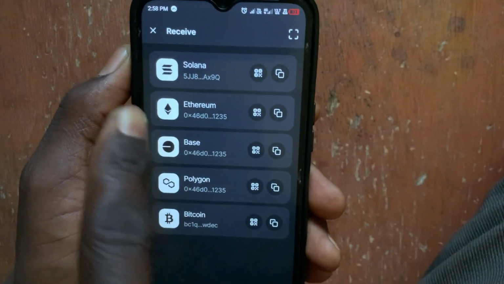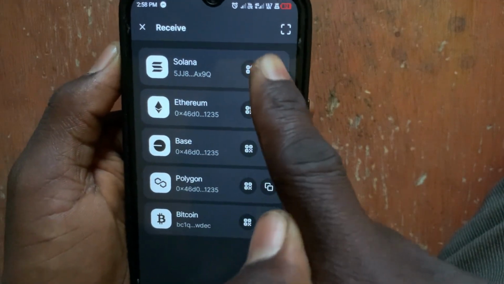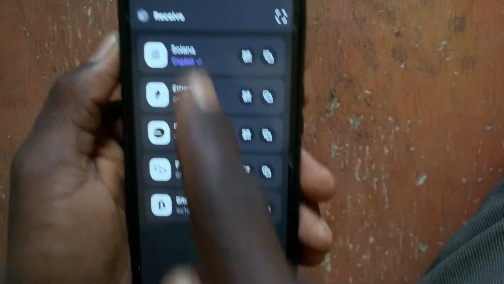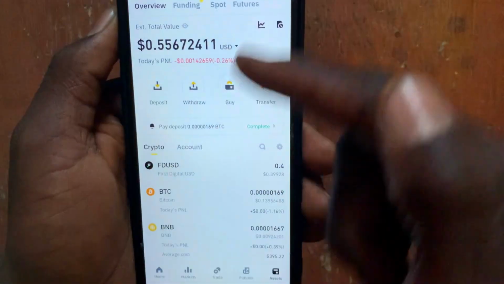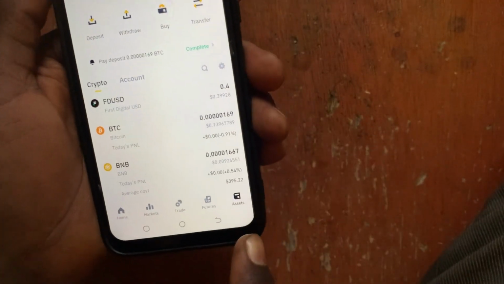from Binance. Let's say I want to receive Solana. So just tap on this copy button to copy the Solana wallet address. So now go back to your Binance. After you open the Binance app like this, now if you want to just send it, you go to this